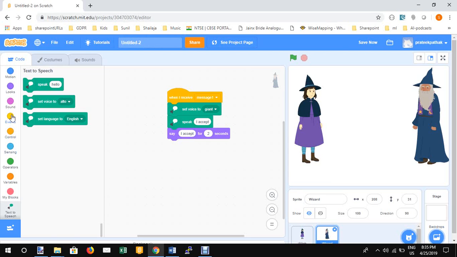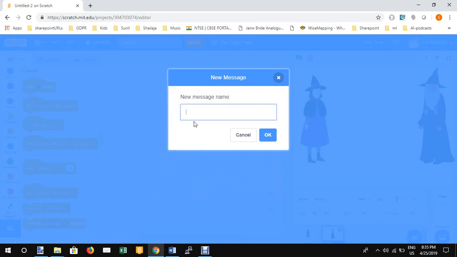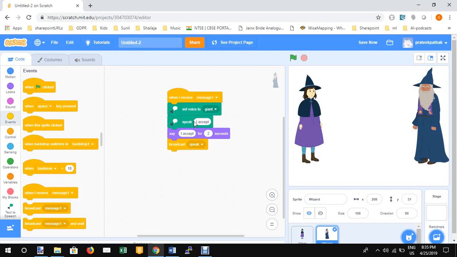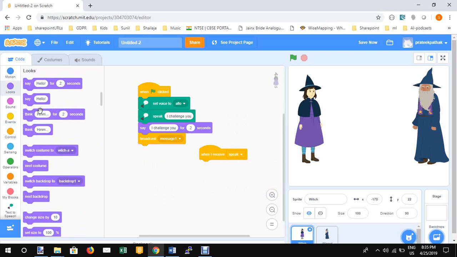Then of course we need to broadcast a message, new message. Let's name this new message speak to, or let's just name it speak. So once you have named the message, you have to go back to the witch. You have to make it when I receive speak, that time we have to make her say